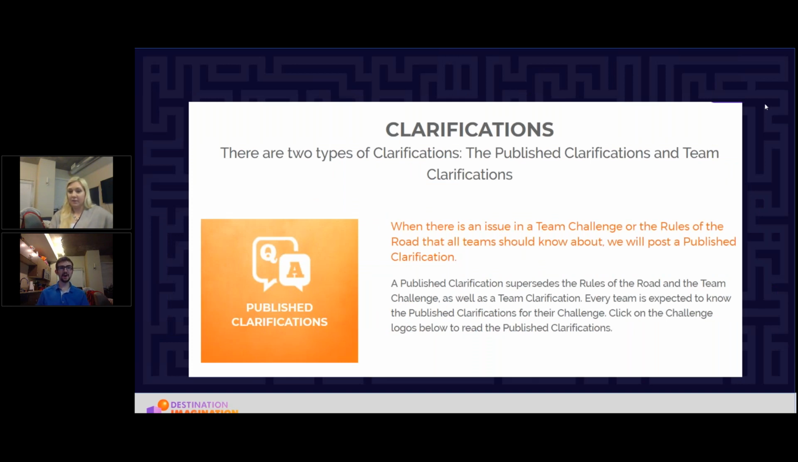Sure. So as we mentioned earlier, a clarification is a chance for your team to ask the International Challenge Masters, or the guys who are in charge of the whole shebang, whether or not what you're doing fits within the rules. So these guys are the judges of every solution that comes their way. And so by asking them, if you have a clarification that says what you're doing is legit,